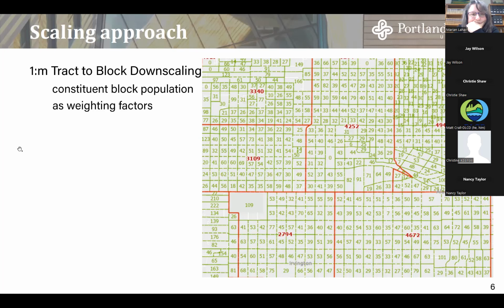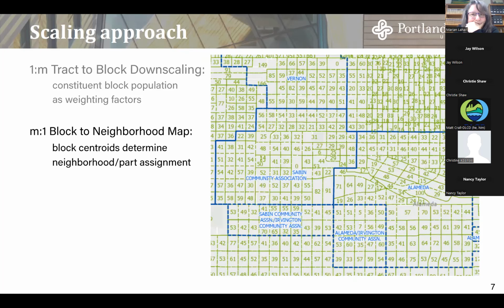All right, so next slide. And so once we did that from tracts down to blocks, we could then reallocate from blocks back up to tracts because blocks again nest within neighborhoods. I mean, there actually are corner cases where neighborhoods don't align with census block lines, and then we kind of get into this